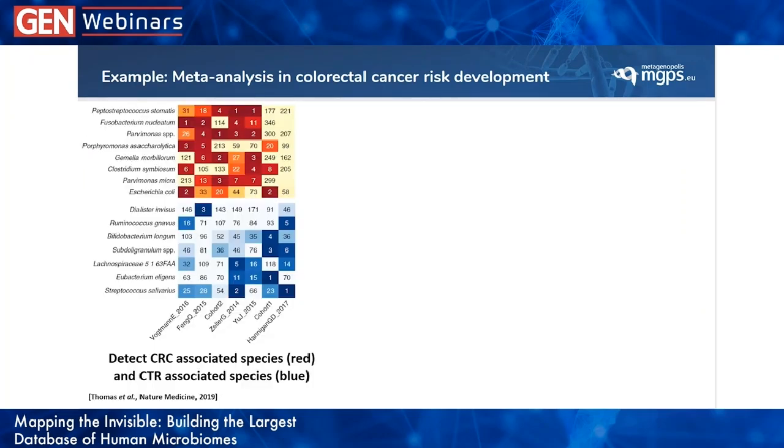And what they did is they identified the organisms that are either enriched in colorectal cancer individuals or enriched in control individuals. And the numbers you see inside these boxes are the ranking of these species in an AI model, an AI prediction of colorectal risk assessment. If it's close to 1, it means that these microorganisms are often used to predict the risk of developing colorectal cancer. And if the number is higher, then it's not in the top list of species that are used to detect this